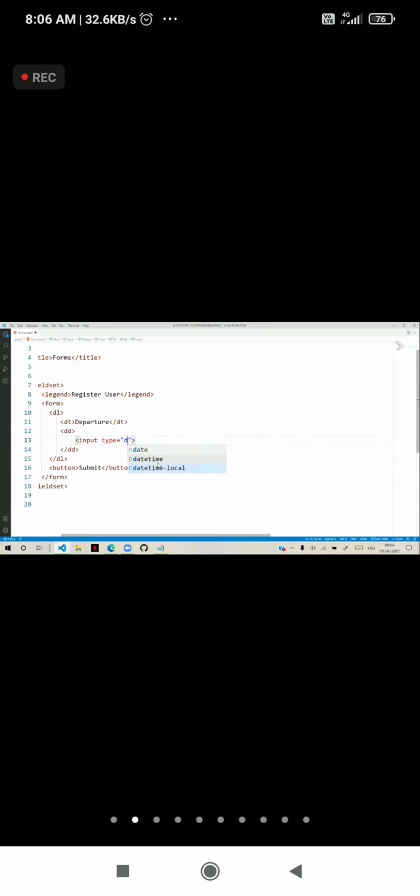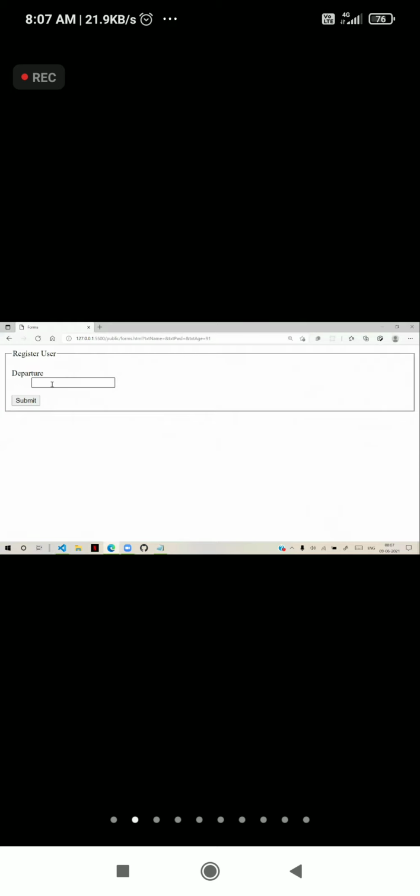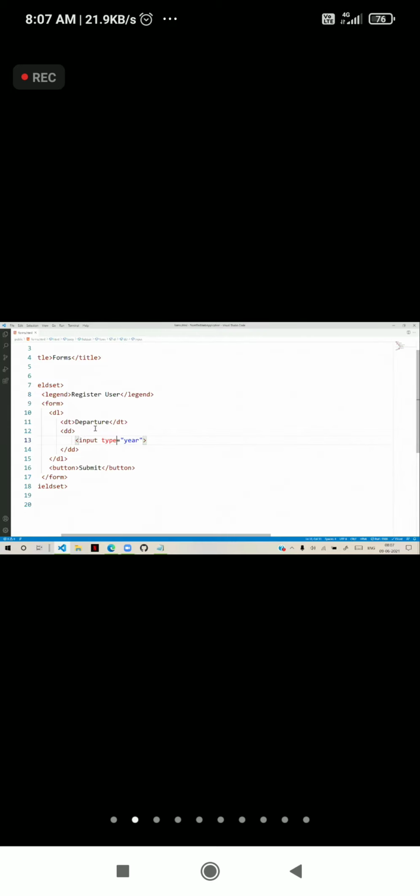Another option we have is month. Month allows you to pick the month. Earlier we had input type year, but now we don't have year. So we have only month and we have week.